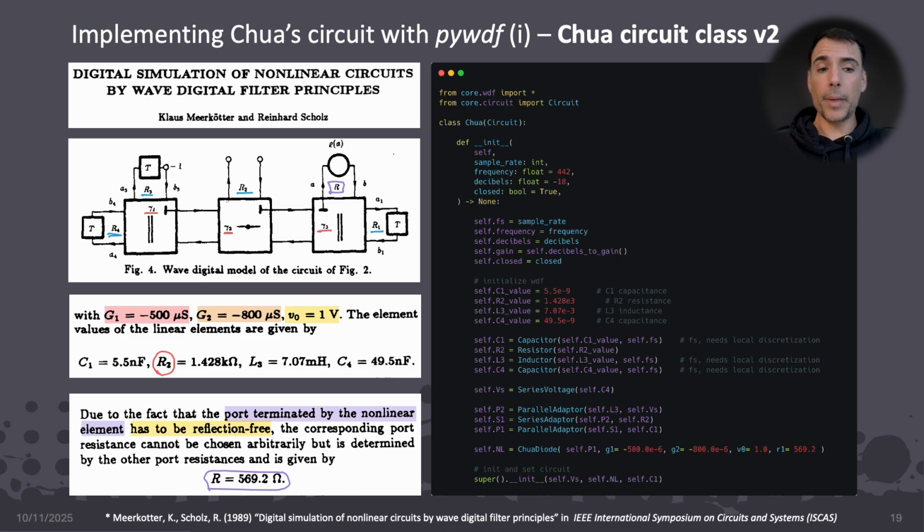An alternative way that maintains the original configuration of elements, that is, resistor 2, instead of replacing it with a resistive voltage source, is to add an exciting mechanism to the circuit by creating a new adapter, a two-port series voltage adapter. This allows us to keep the configuration and inject a voltage impulse in the circuit to excite it. So here we have the original leaf nodes and the series voltage adapter. We'll see the implementation in a minute as well.